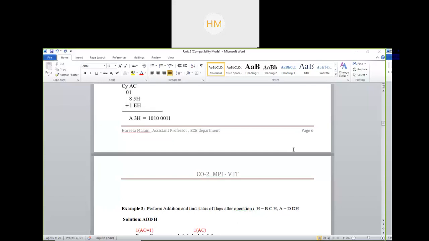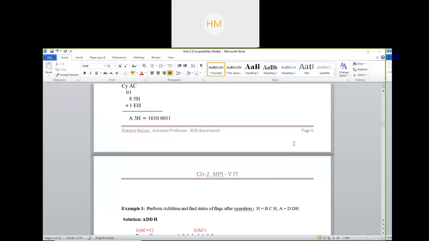And then draw a flag register of 8-bit and put all the values of flags. So what result I am getting after adding? हुआ बेटा, simplify. Question values are in front of you.